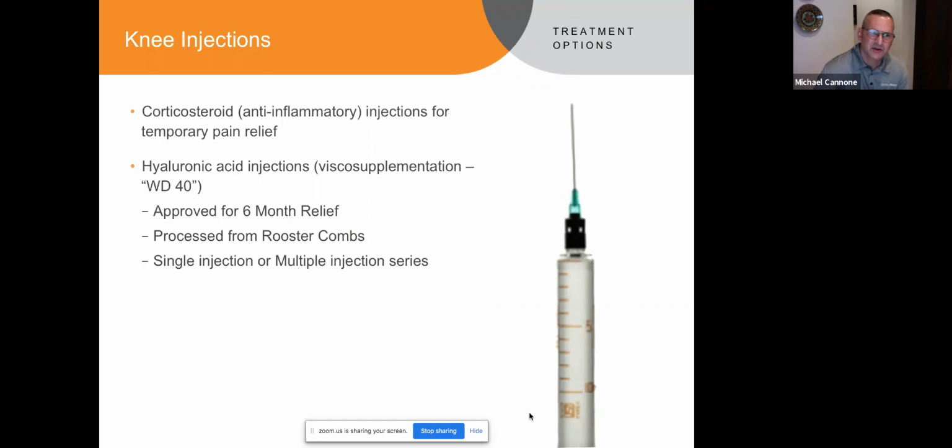That and the fact that insurance companies now, if we want to do this second injection here, a hyaluronic acid or viscosupplementation injection, then those injections, insurance companies ordinarily will not approve unless you've had at least 1 or 2 corticosteroid injections, an anti-inflammatory, physical therapy, conservative treatment. And recently, in the last year, Anthem has completely not allowed hyaluronic acid injections because of one study that they